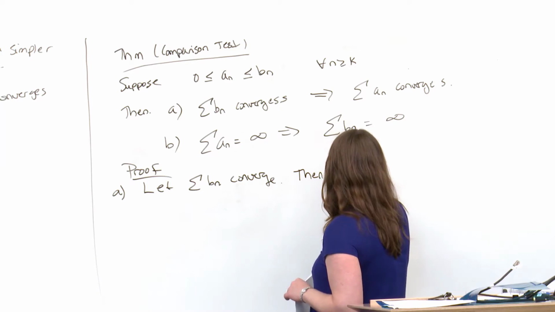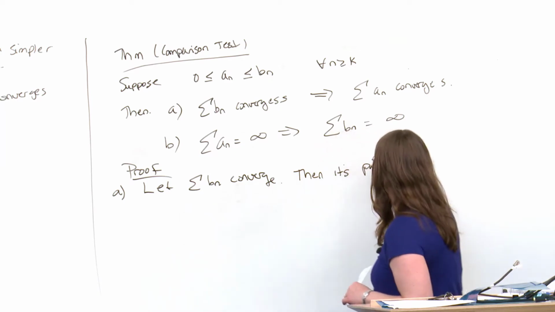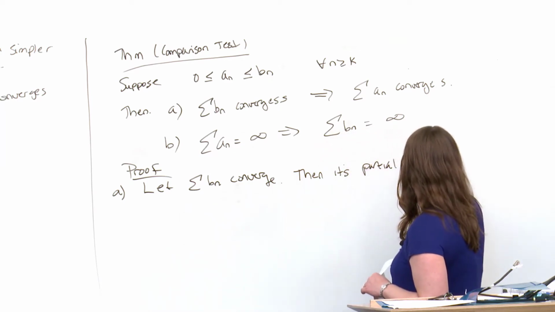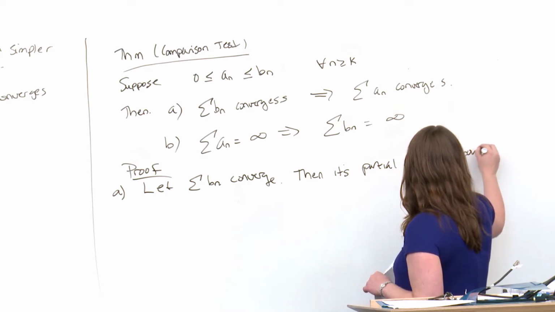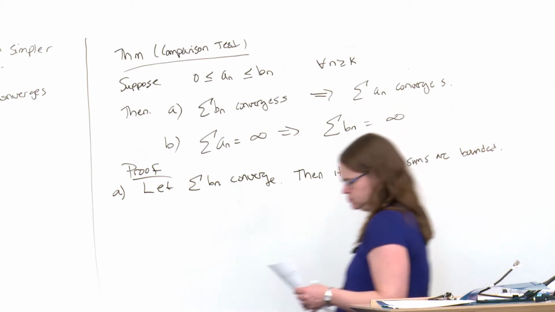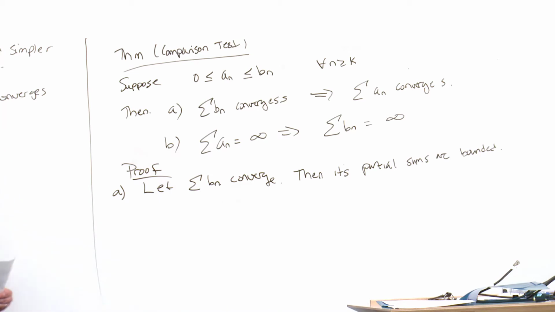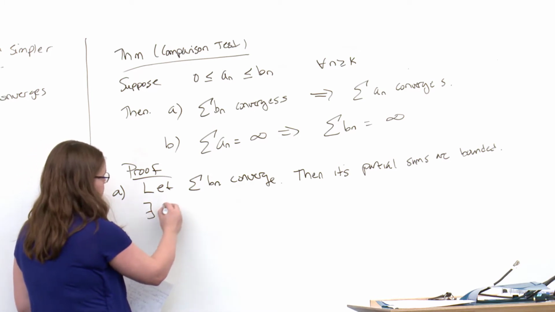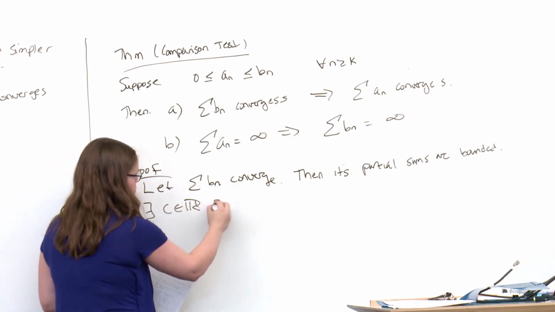Okay, so then its partial sums are bounded. So in other words, there exists some number c such that